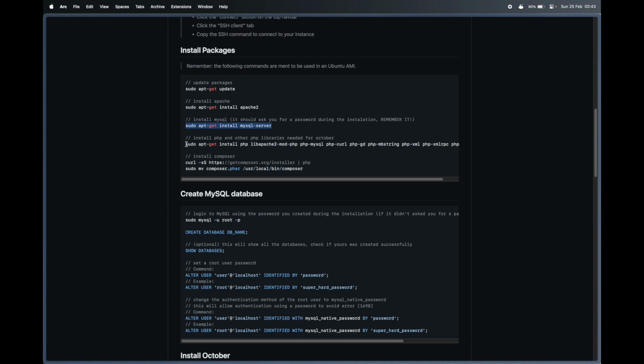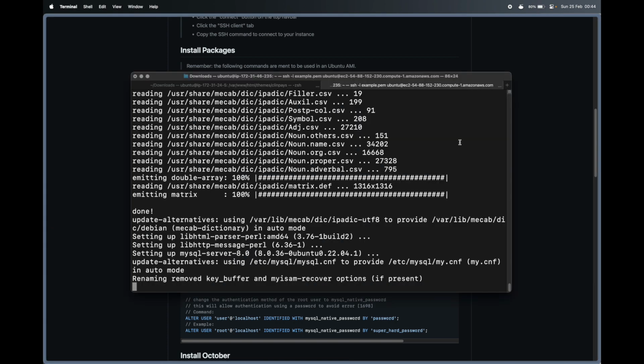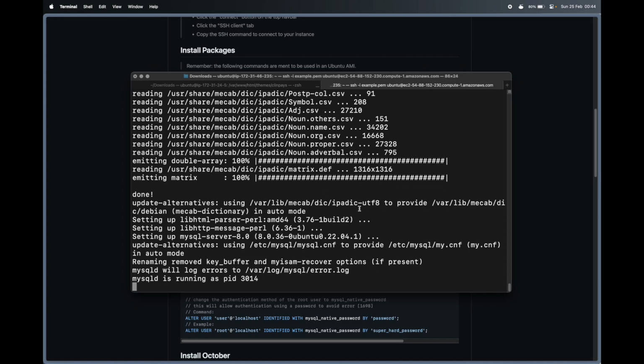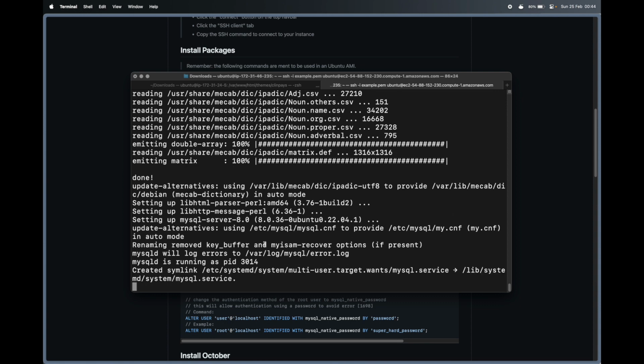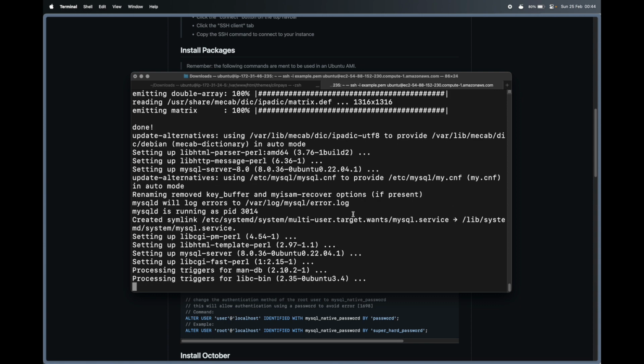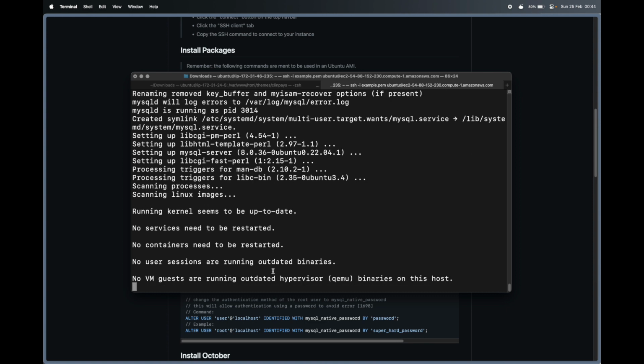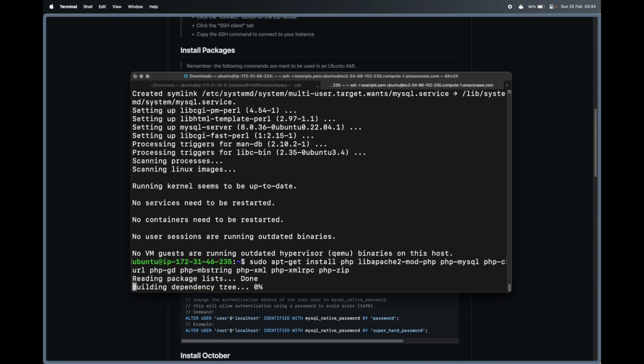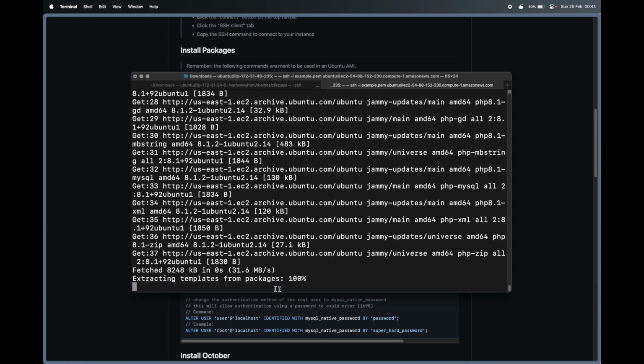And the next step is to install PHP and other PHP libraries needed for October, and also for Apache, and basically the Laravel project, because remember that October CMS is a CMS created with the Laravel framework, which is a PHP framework, so that's why we need PHP and many other libraries. So let's just wait for this to finish, and once it's done, we can now paste this command. So this is going to install a bunch of different libraries,